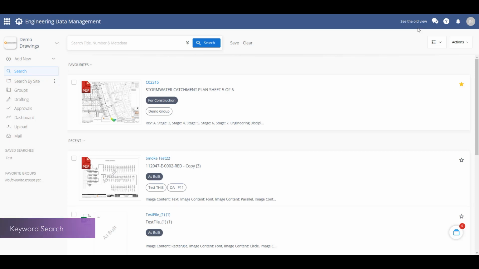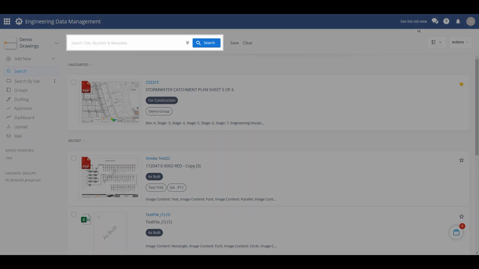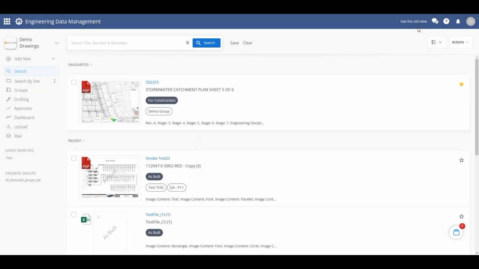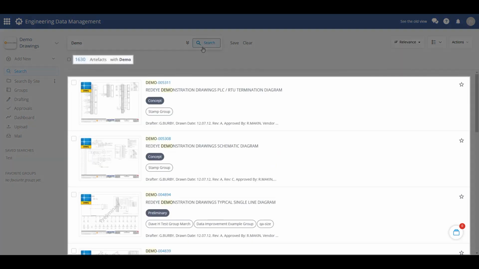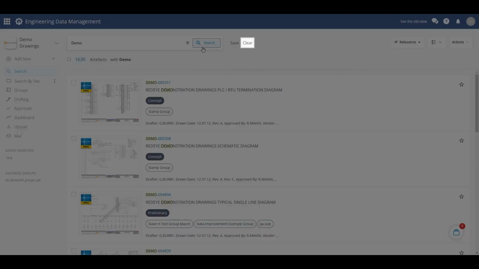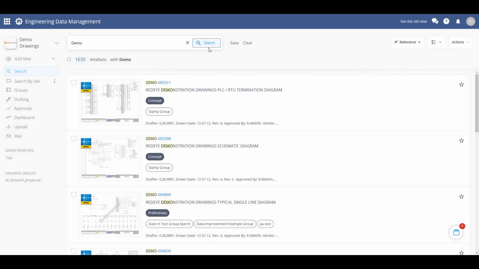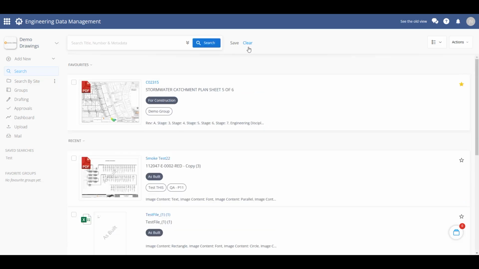Do you know exactly what you're looking for? Use a keyword search to quickly access your artifacts using the search terms you're familiar with. Simply enter an artifact title, artifact number, or artifact metadata value in the search bar. Then click Search to list the results. To start a new search, click Clear to remove the current search criteria, and you are returned to the landing